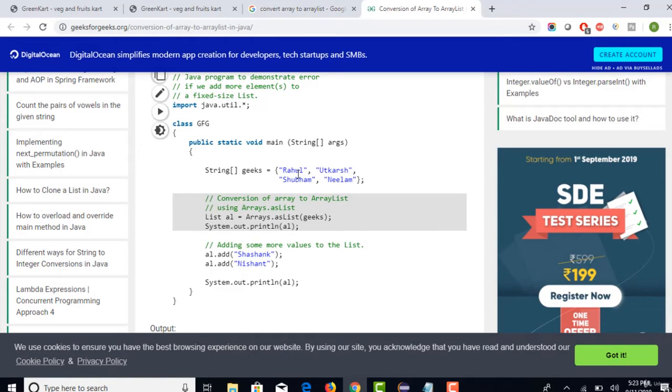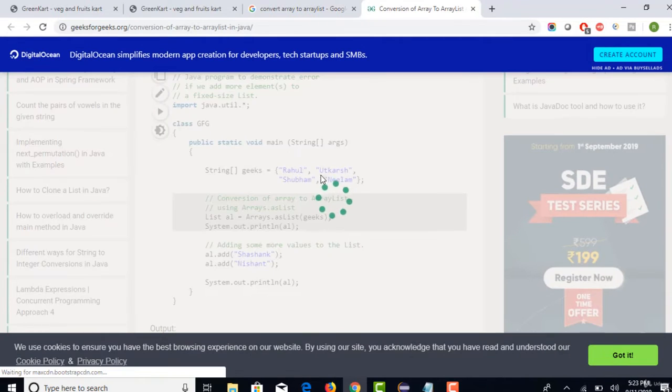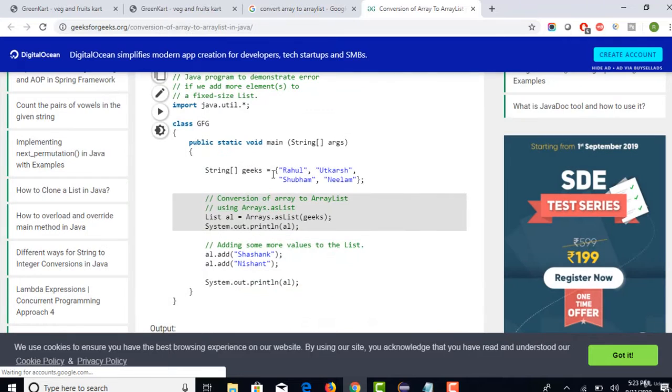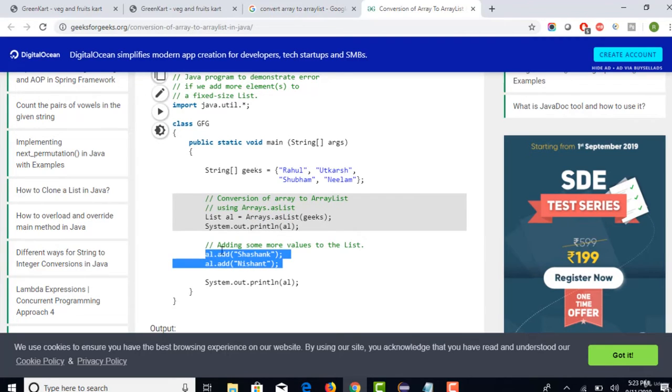Check it out here. They already declared an array first of all, and then they were converting that array to array list. They have the flexibility of doing multiple operations once they have converted it into array list. Someone has already defined my name here, so nice. This is the step. Simple: Arrays.asList, pass your array, and that's it. It will become your array list variable.